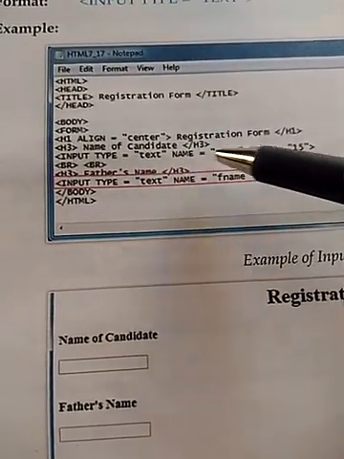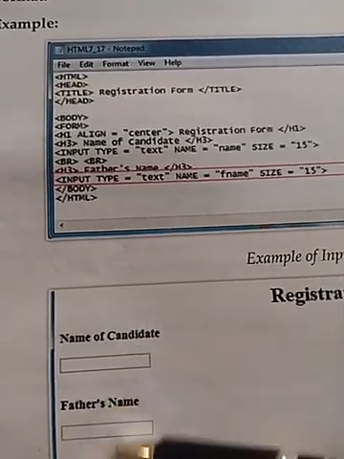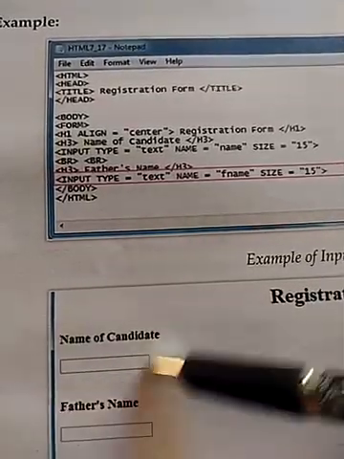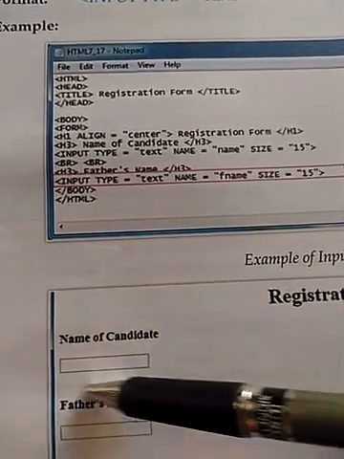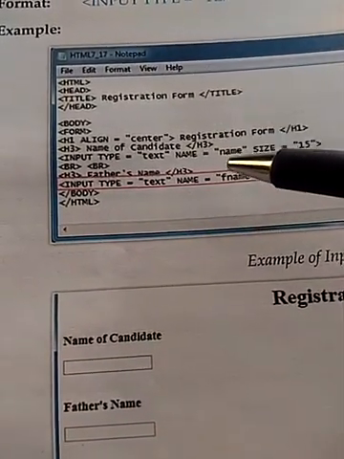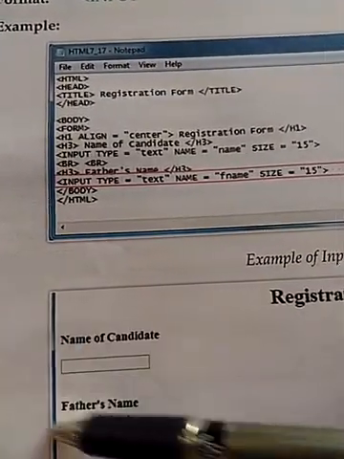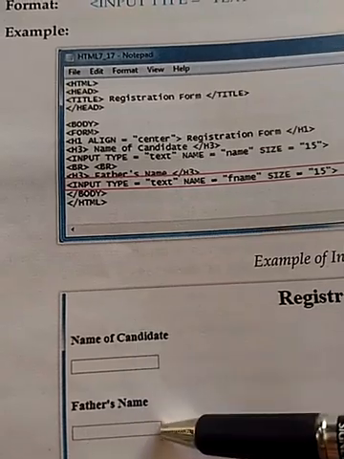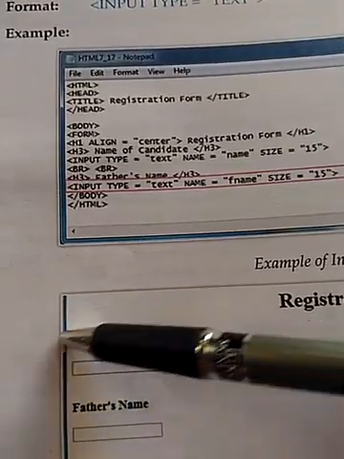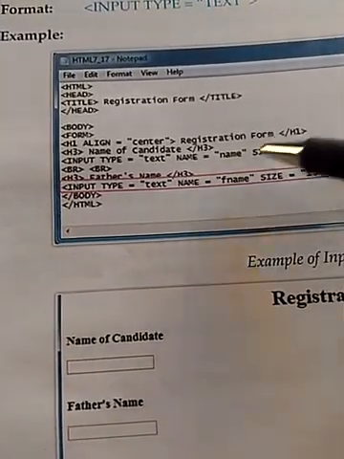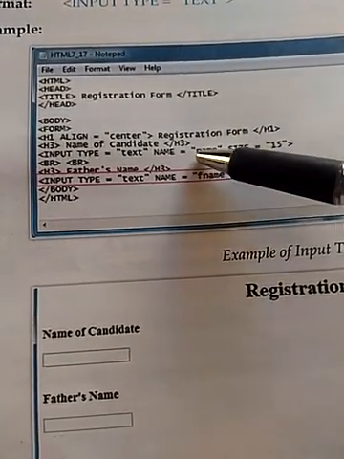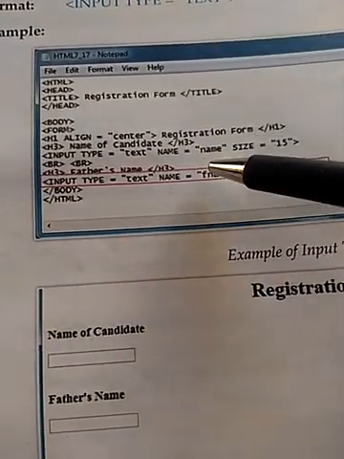After that, the name of that control. Means here two input boxes are there. If you want to identify what is the name of this input box and what is the name of this text box for later use or in some other part of the programming, then each element of the form can be identified through its unique name. So here we have defined the name for this input box as name. It could be anything, according to your choice. It could be A, B, C, D, anything. It depends on the user.